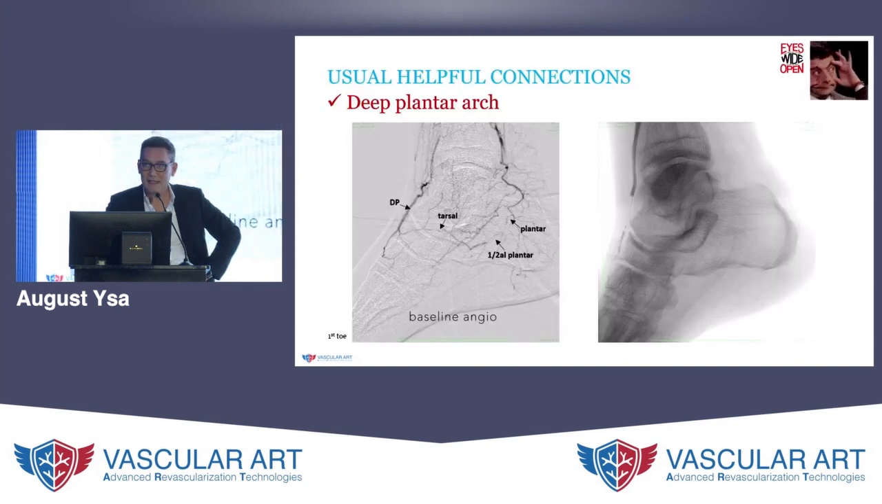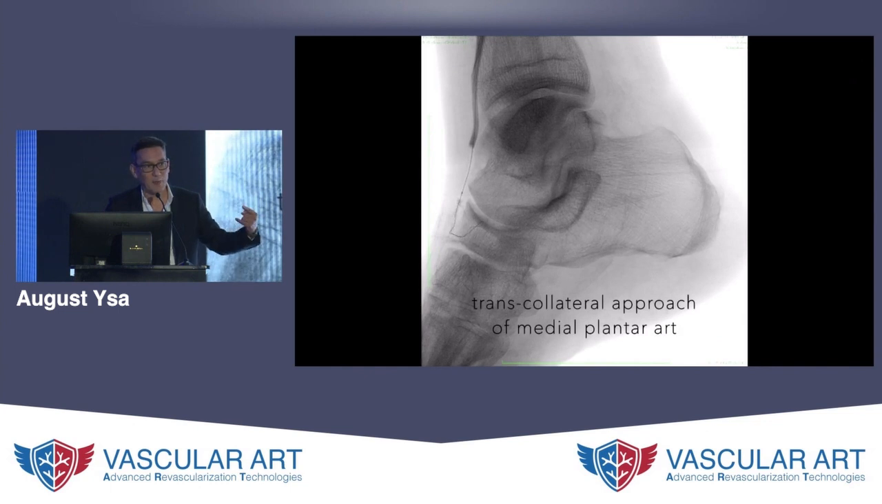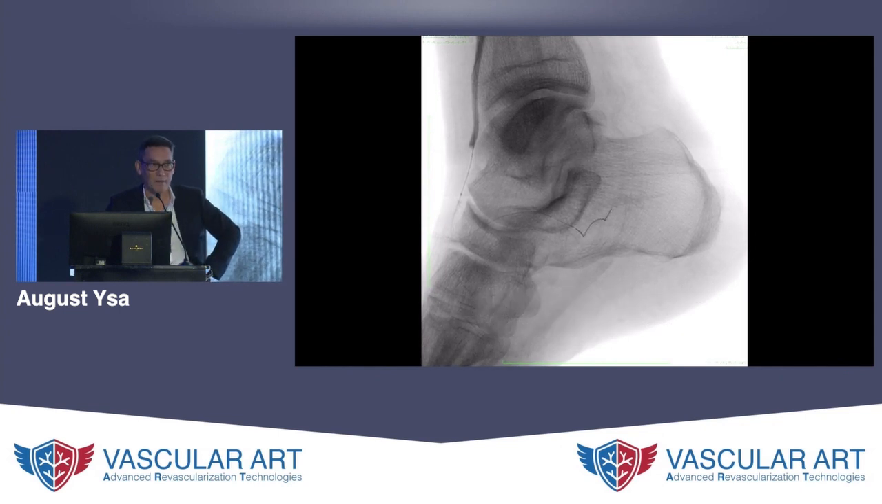Very typical one is the deep plantar arch. This guy had a wound on the first toe. We were not able to cross adequately. You see this DP artery. So we take advantage of this deep plantar arch, the connection of the DP artery through the tarsal into the medial plantar arch. And as you can see, we were able to navigate quite nicely through this tarsal into